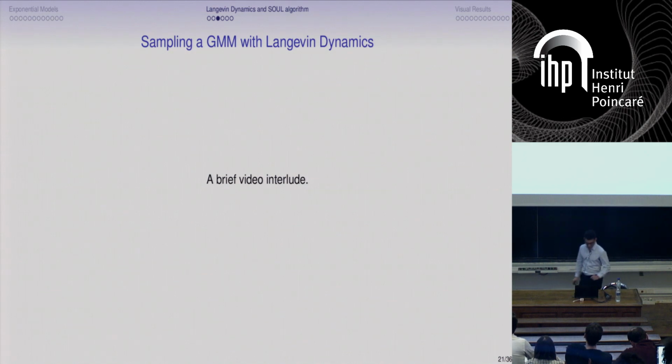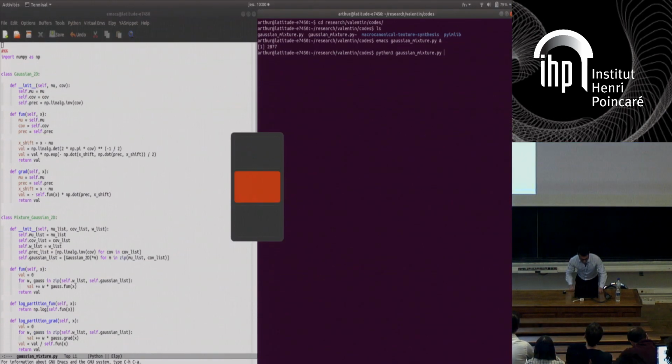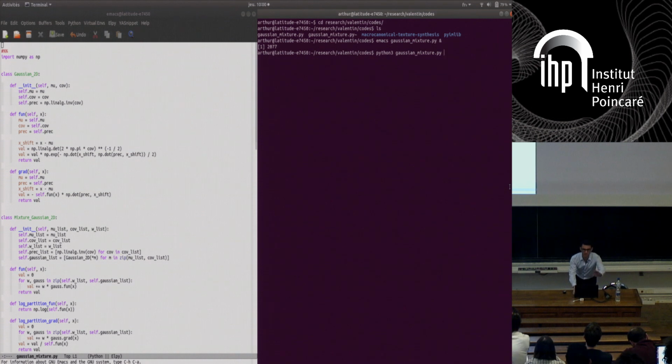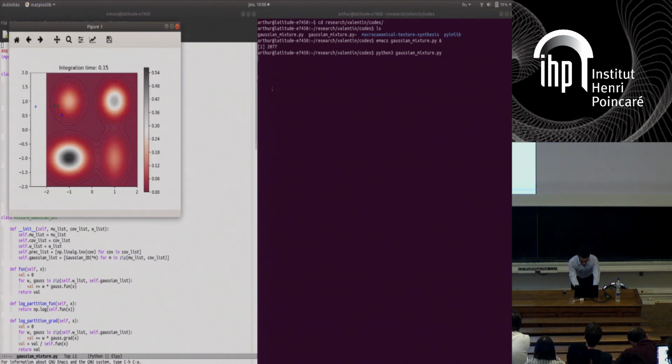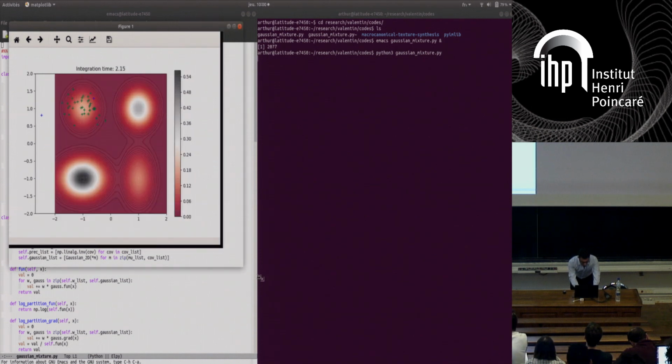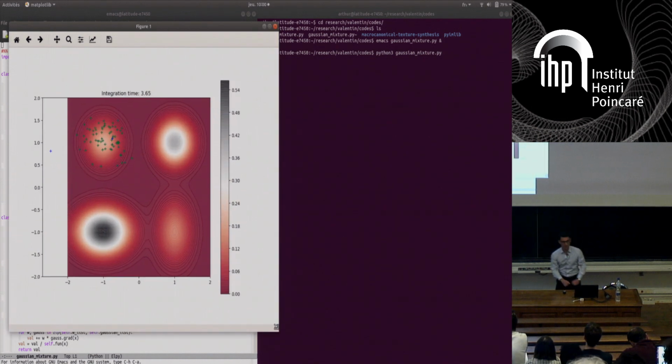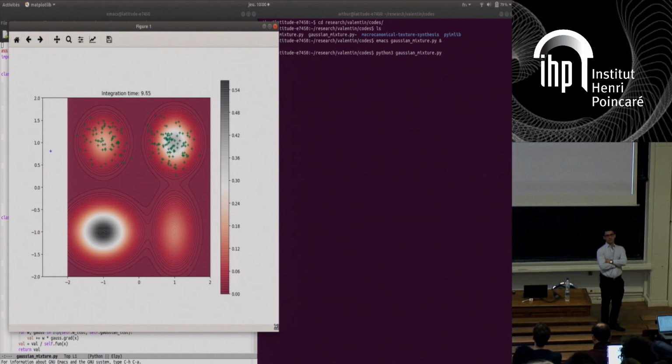Okay, so hopefully I will be able to show you. Many of you probably know that very well, but I would like to show you what you may expect from a Langevin algorithm on a GMM distribution. So here, I've taken a step size which is quite small.